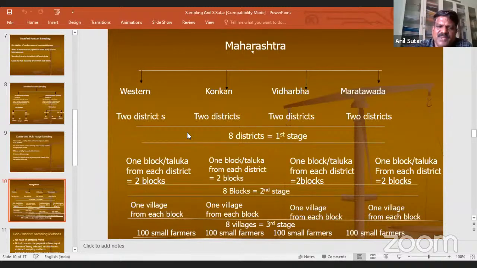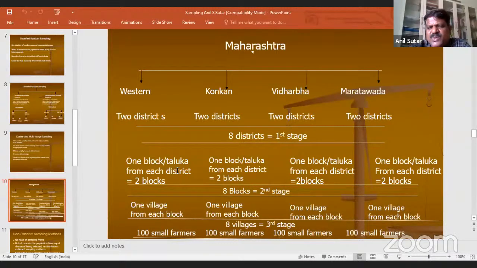Then at the second level, I will select one block or taluka from each district. So in Western Maharashtra, I have selected 2 districts, which means 2 blocks from the Western region.